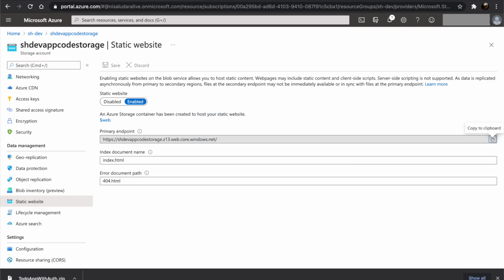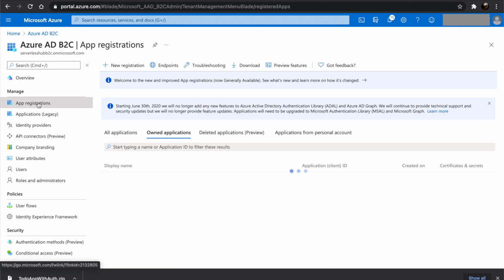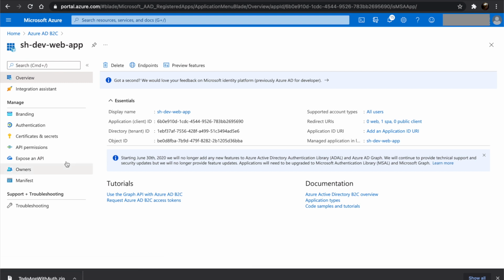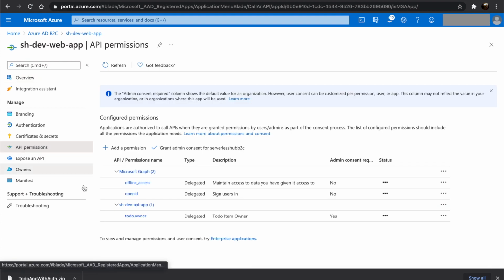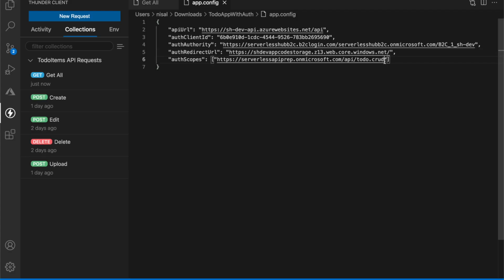Let's go to app registrations in the B2C tenant. Open up the web app. Go to API permissions and click on todo.owner and copy the full path. And that should be it.